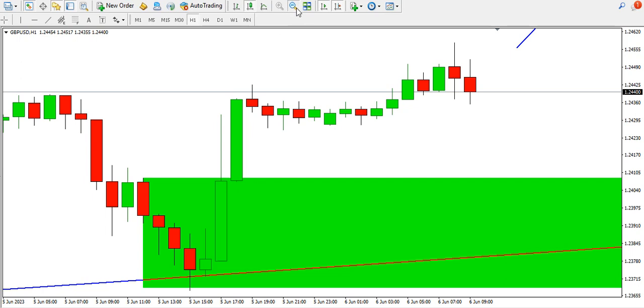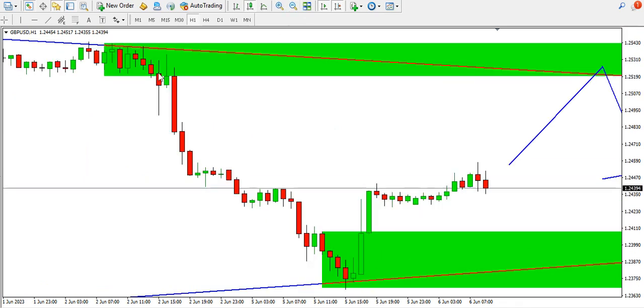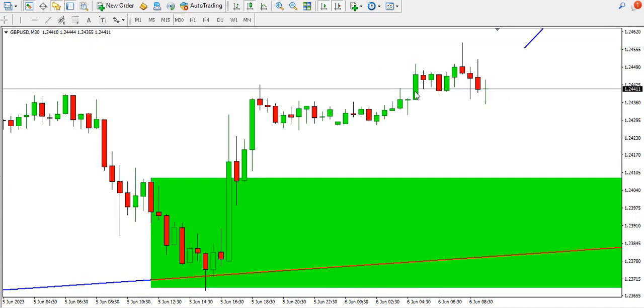On the 1-hour time frame, we can see the price dropped, and we can see the buyers trying to come in. Though we are in a range currently, price has been ranging for some time. Okay, so we are seeing the buyers trying to step in. A break above this range might push price up. On the 30 minutes time frame, price is still ranging, though the bulls are able to push price back to this particular level,